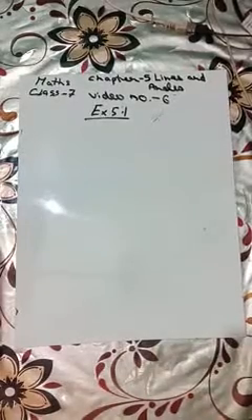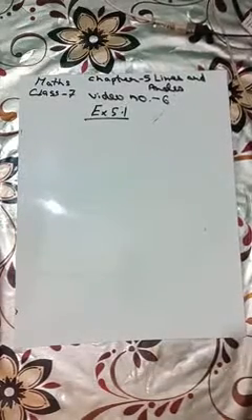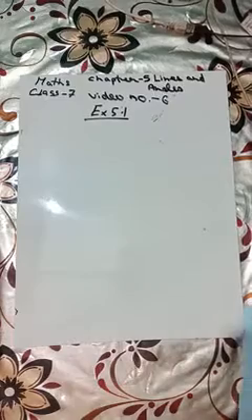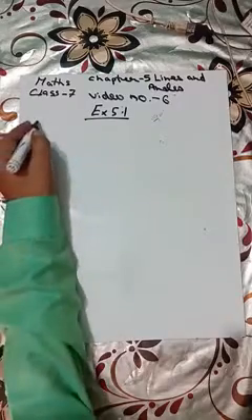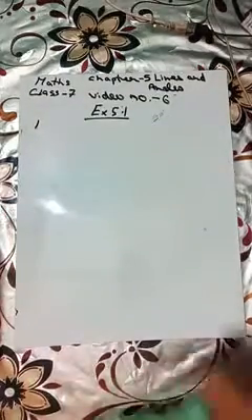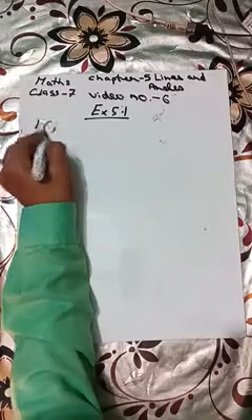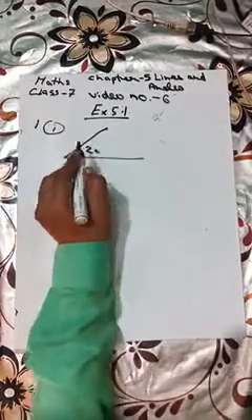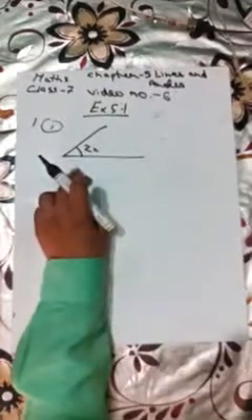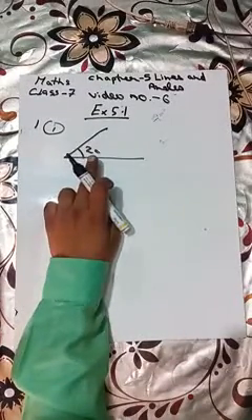Now in this video number 6, I'm going to start exercise 5.1. Now in the first point 1, I'll not do the whole question, a few questions I'll do. The very first part is this 20 degree. The question is find the complement of this, means I have to find a complementary angle for this.